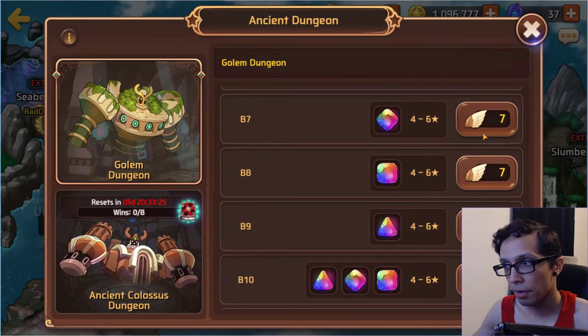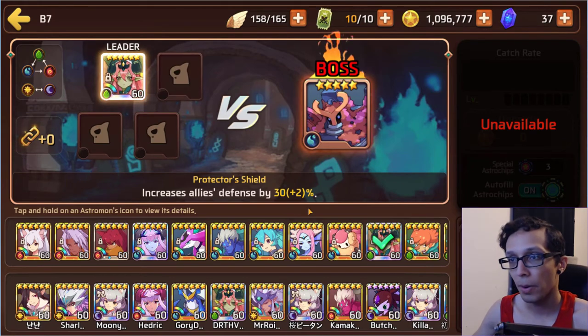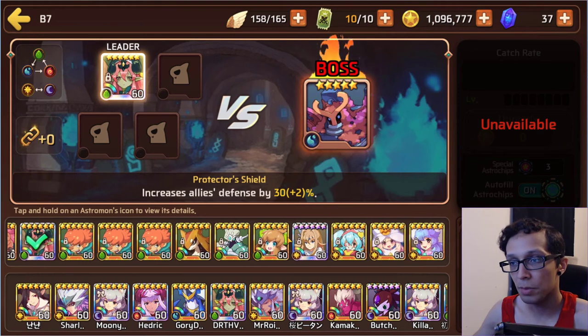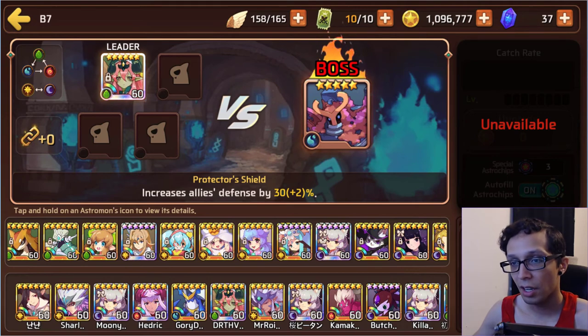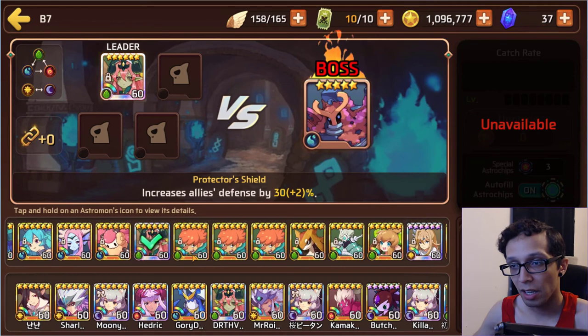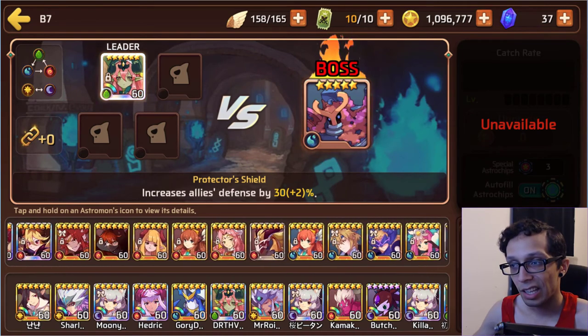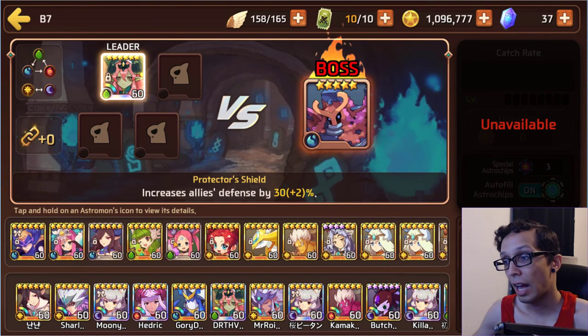Let's take a look at the B7, B8, and B9 squad. Even though they're outdated, I know, boys, everyone wants Golem's B15 team. That's going to take time, and at this moment, if it's not super efficient, I don't really feel like recommending it to people, because if my clear time in the later dungeons isn't anywhere close to my clear time in B10, then I might just not do it,